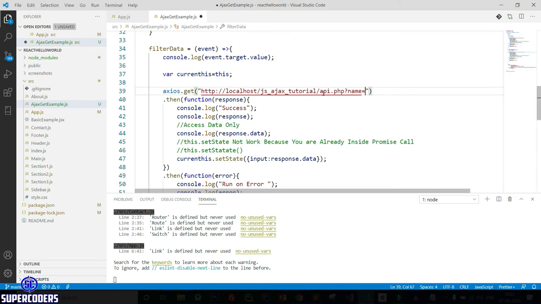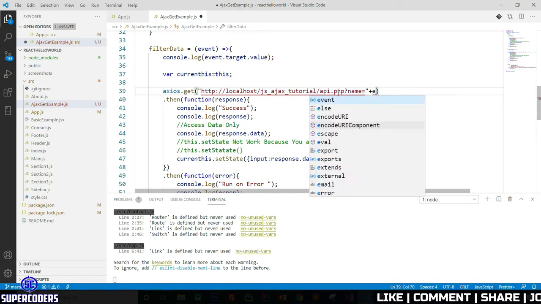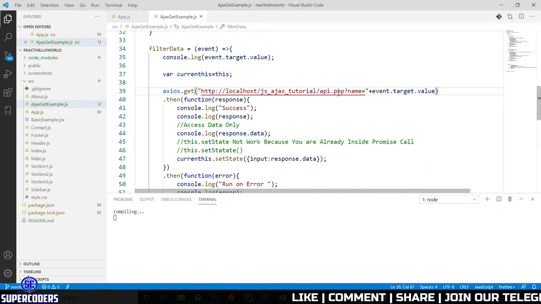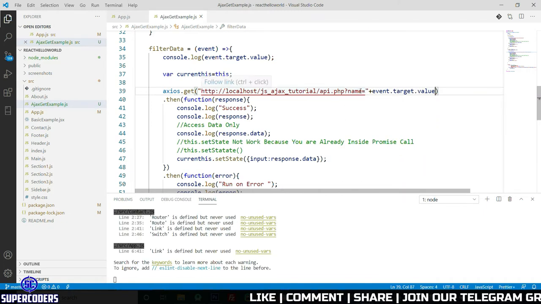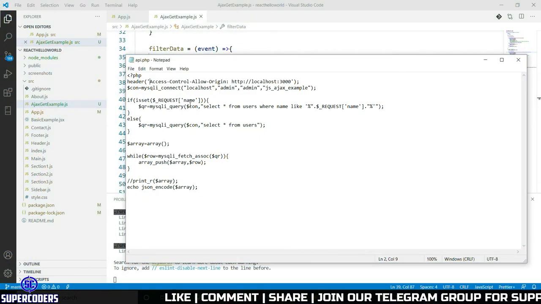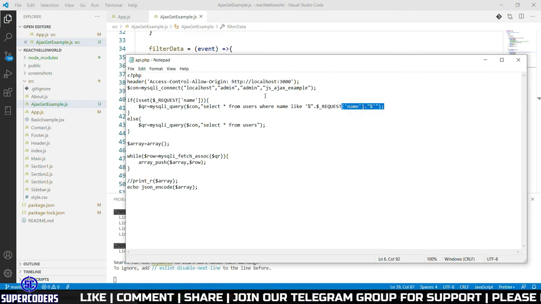Also remember, if you don't know about API.php, please watch my previous tutorial and create this file if you get confused. Here I am passing only name, which is event.target.value, because if you pass name, it shows data in filter format.